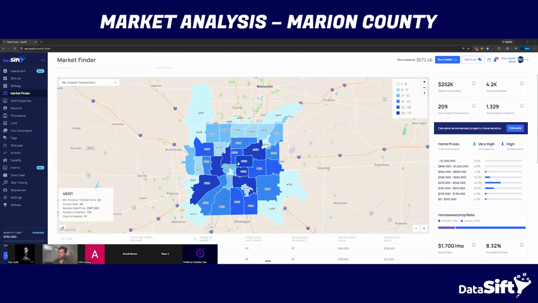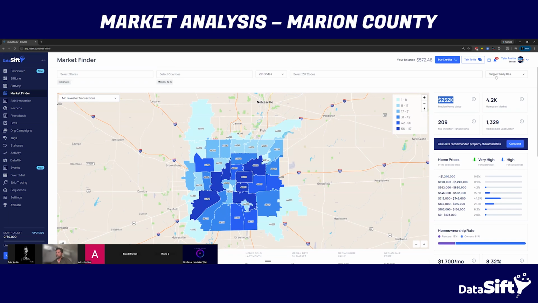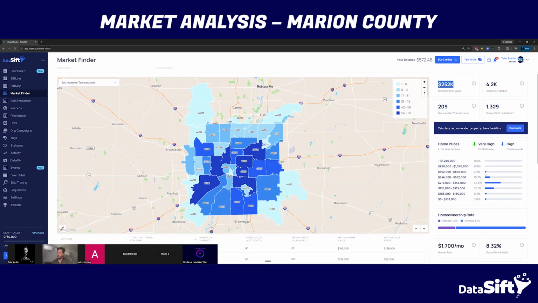Perfect. So looking at Indianapolis or Marion County here. Once I click into the county, you can see my median home value is actually 252. Okay, once I'm in the county level as a whole, which is good. This tells me that, and I'm still by single family residence only, this tells me that I have a good opportunity here, even though the median sales is a little bit lower than that. It tells me that